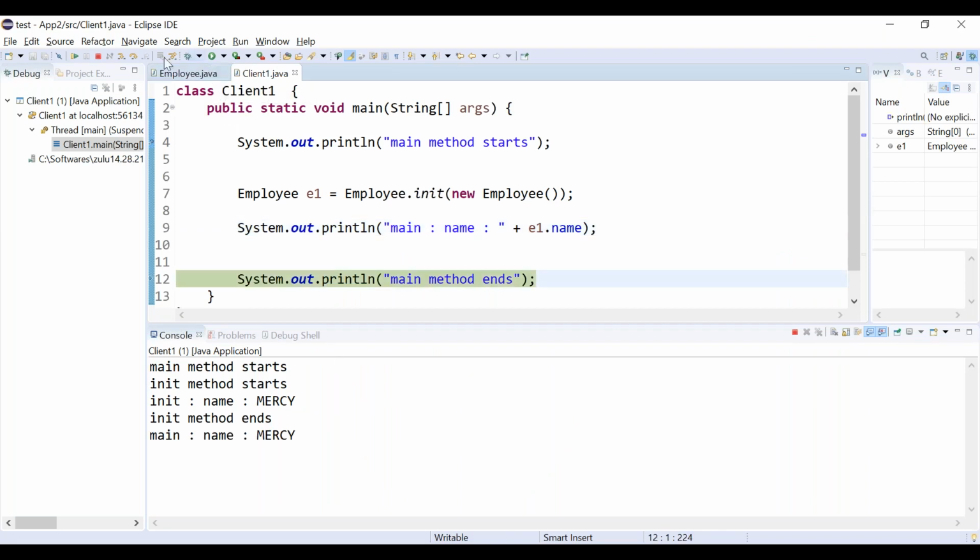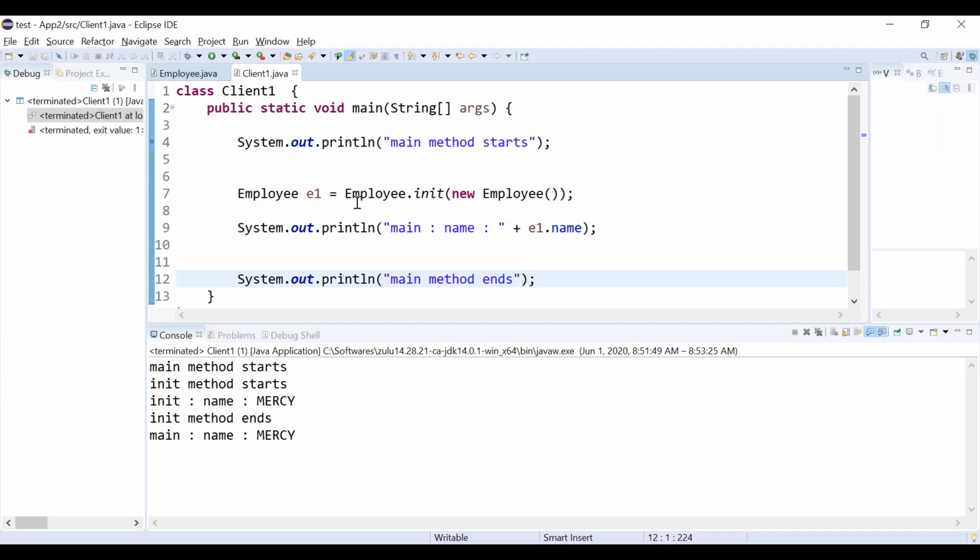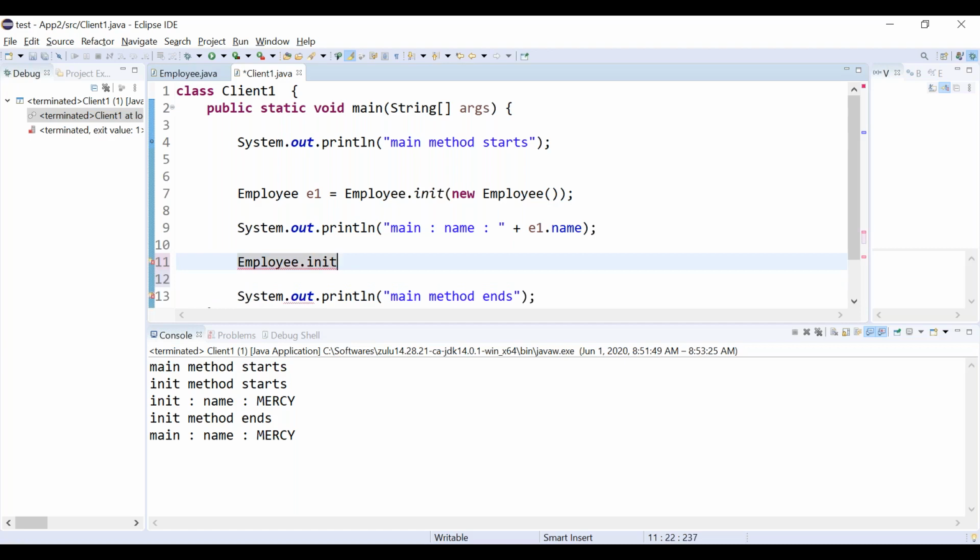Now, if you want to play one more time, you can. Again you can call E1.init. Even this time we can pass E1 also. Possible or not? It doesn't matter what you are passing. It's according to your requirement.